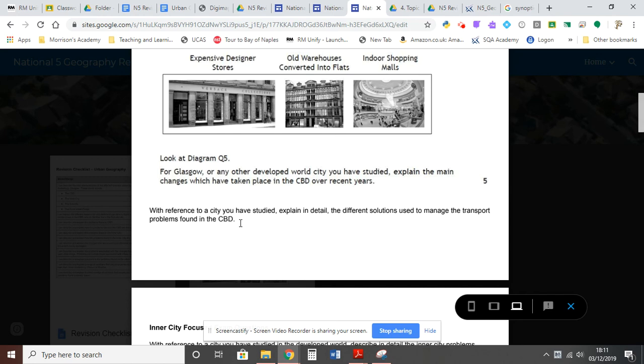Especially, it's also been built on Buchanan Street because people are much more likely to use the train if they're arriving right in the middle of the centre. A third solution is they built lots of multi-storey car parks. The reason for that is that means there's fewer people parking on the sides of roads, which widens the amount of space for cars to drive on and therefore reduces congestion. A fourth solution is they've used lots of